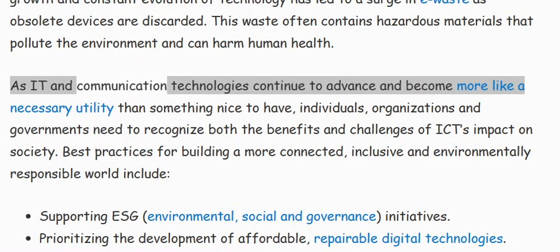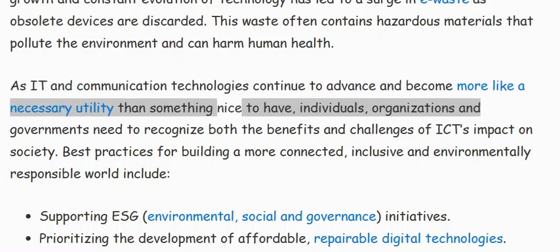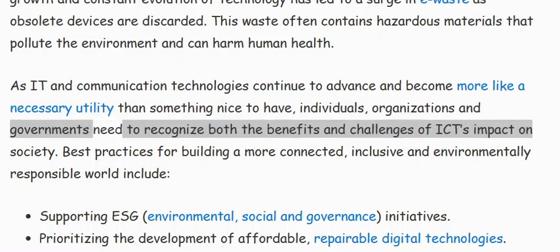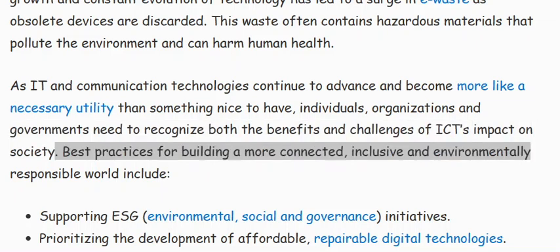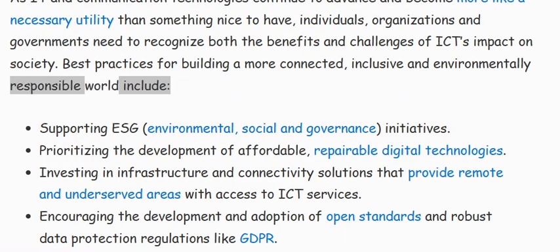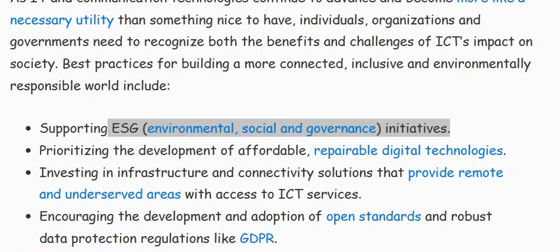As IT and communication technologies continue to advance and become more like a necessary utility than something nice to have, individuals, organizations, and governments need to recognize both the benefits and challenges of ICT's impact on society. Best practices for building a more connected, inclusive, and environmentally responsible world include supporting ESG, environmental, social, and governance initiatives,